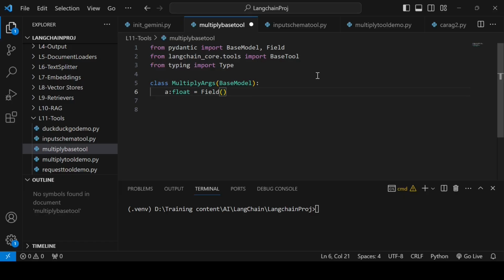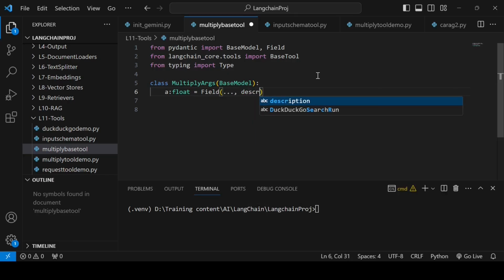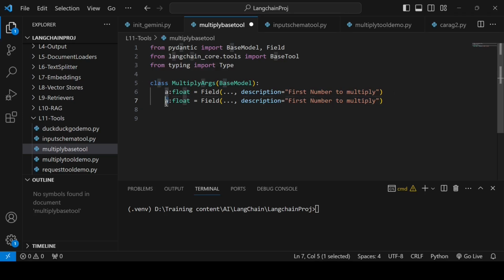For that, you can use three dots, or ellipsis, which tells that this is a required parameter. Description: first number to multiply. Same thing I can do again. Just call it b, float, Field, second number to multiply. This is my Pydantic model.